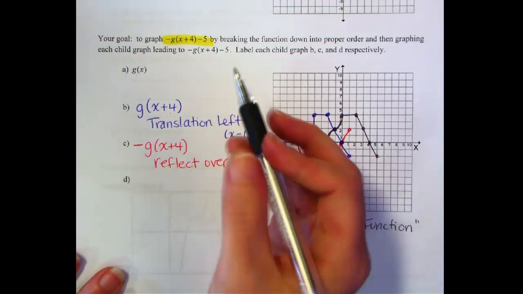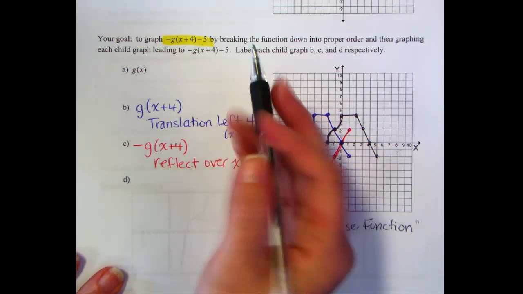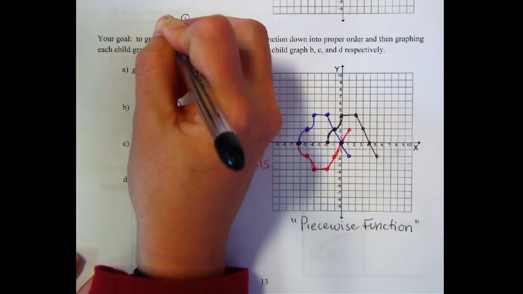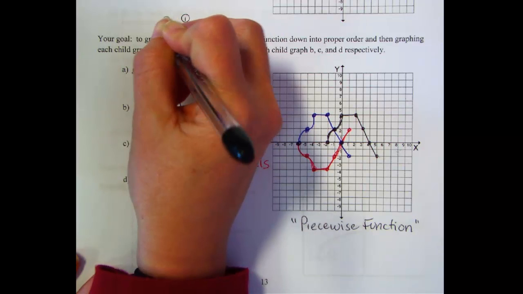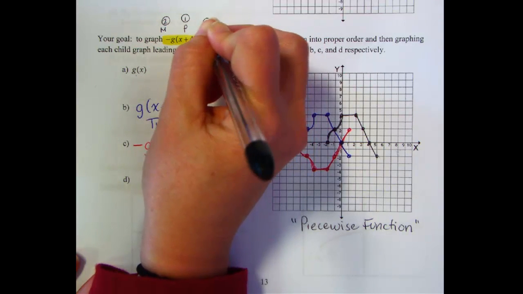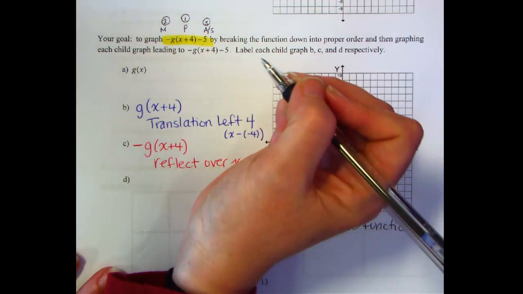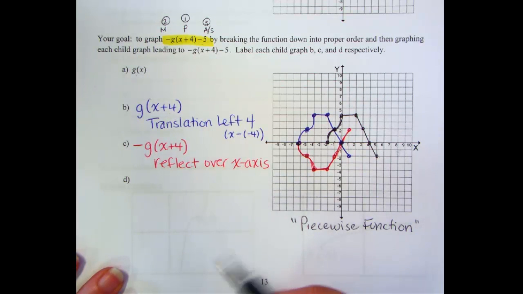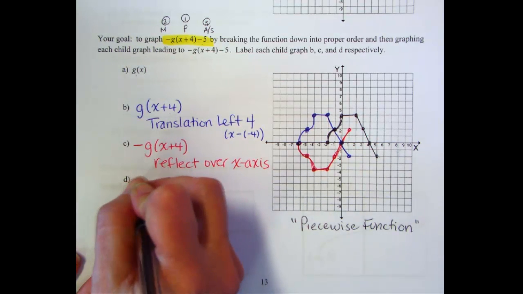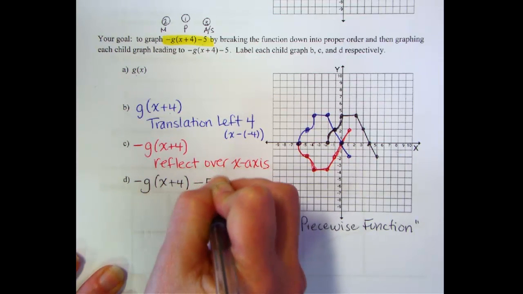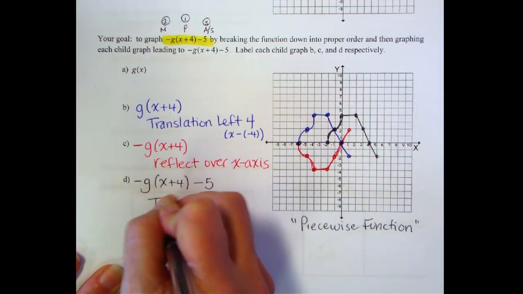My final step is the -5 at the end. Again, PEMDAS tells me parentheses first, multiply or divide second, add or subtract last. The exponent part tells us our parent graph, so we ignore that for graphing transformations. So I'm going to take my negative g of x plus 4 graph and move it -5, which is a